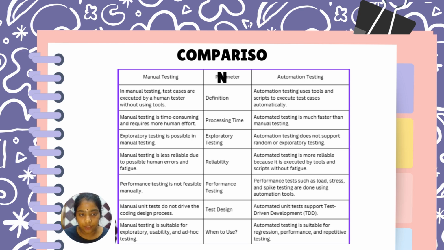Performance testing is not feasible manually, and performance testing such as load, stress, and spike testing is done with automation tools. For test design, manual unit tests do not drive the coding design process. Automated unit tests support test driven development, which is TDD. And the last one,